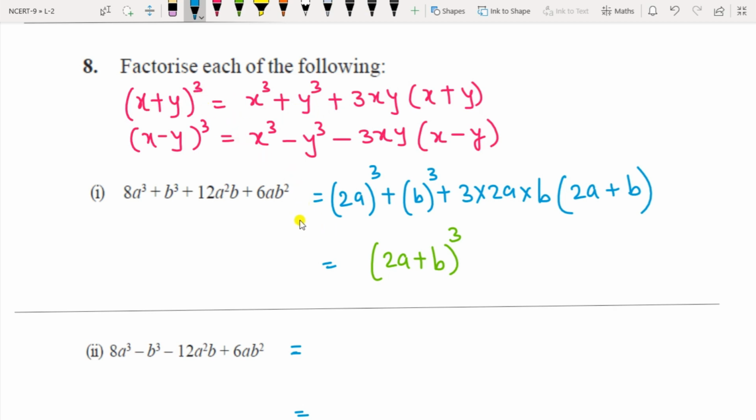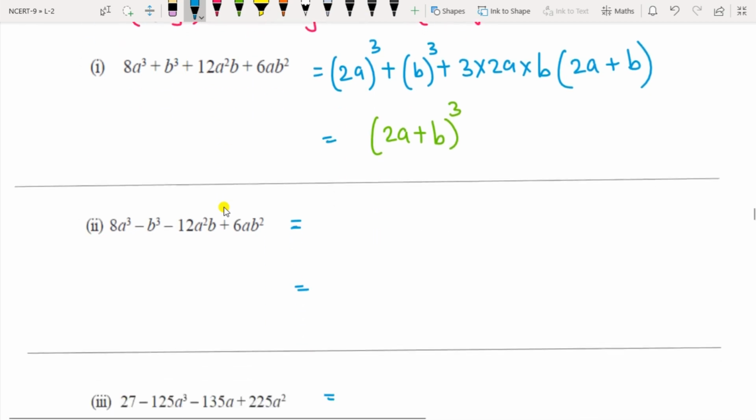So this is cube here. 8 is the cube of 2, so 2a cube plus b cube, and this is 3xy, so 3 into first term into second term, that is 3 into 2a into b, 6ab. Now divide this 6ab into each of the last two terms to get this bracket, and you will see you are getting the first term and the second term only. Writing the first term and the second term in this last bracket and giving a cube sign above, that is your answer for this particular question. So that is the way to factorize.